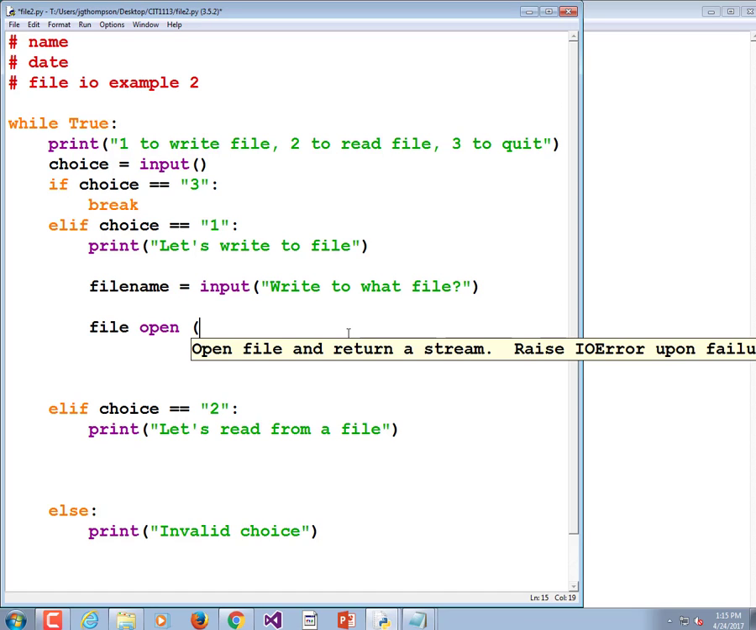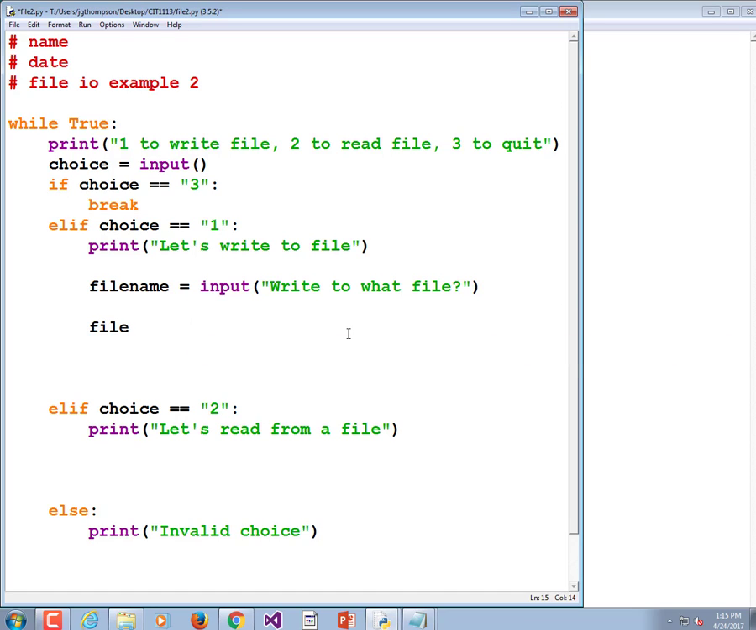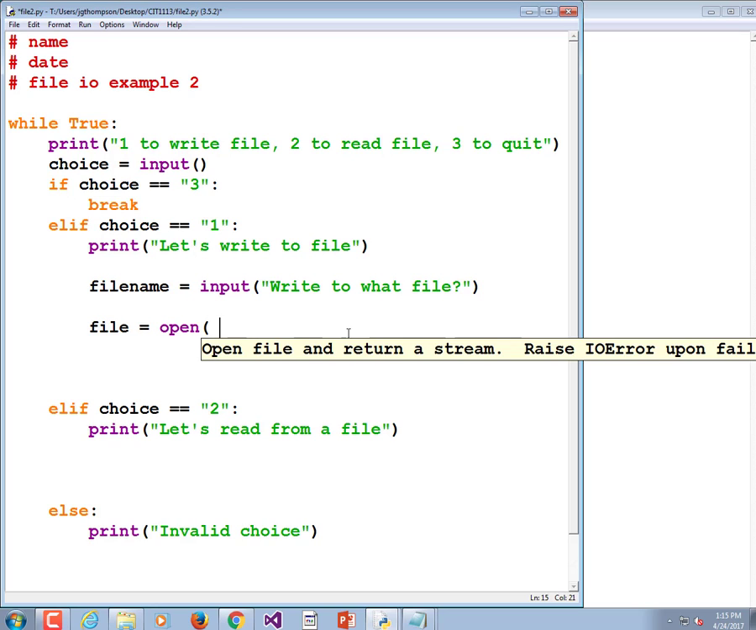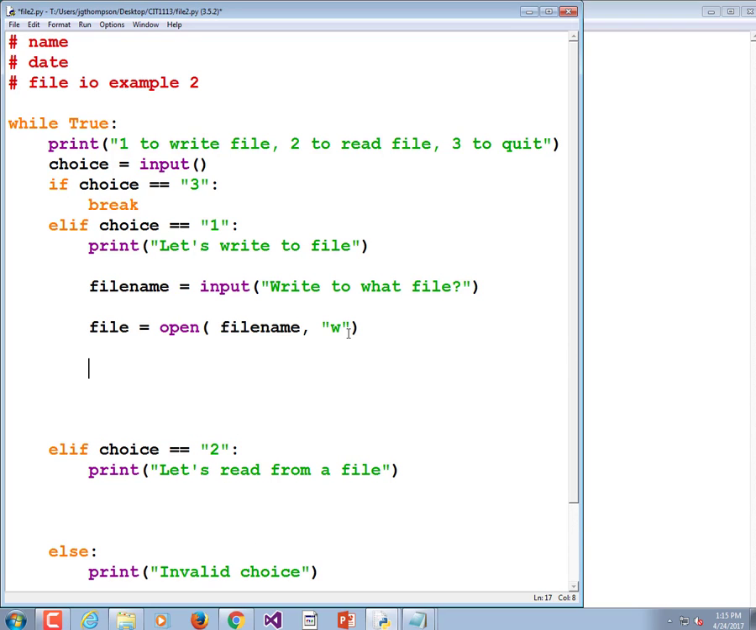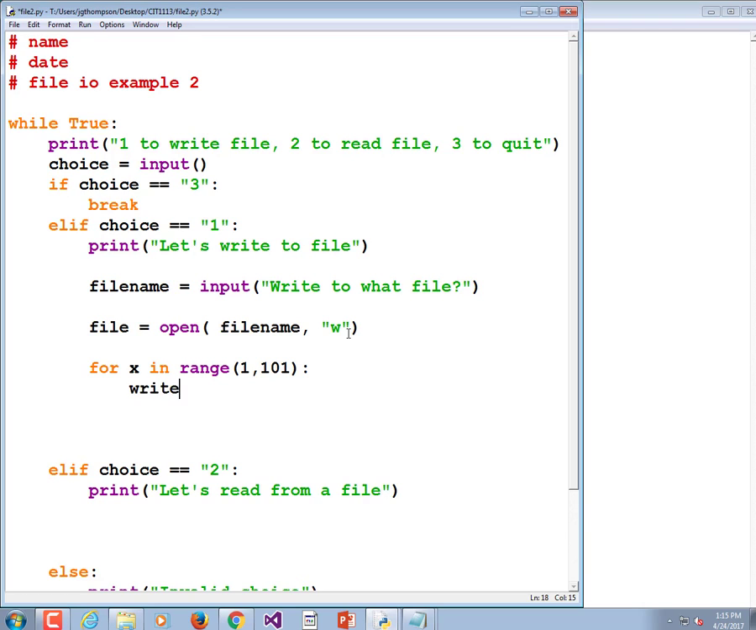And then file is equal to open. Let's open that file name. File equals open, file name, and we're opening it for writing, so we're going to use a W. Let's write some kind of data to it. I think in this case it's just going to be a for loop or something like that. For x in range 1 to 101, write